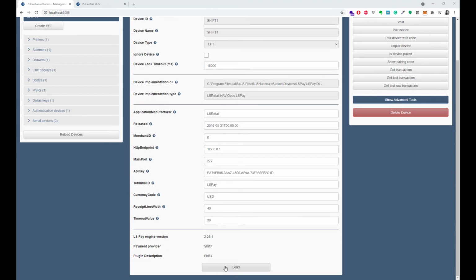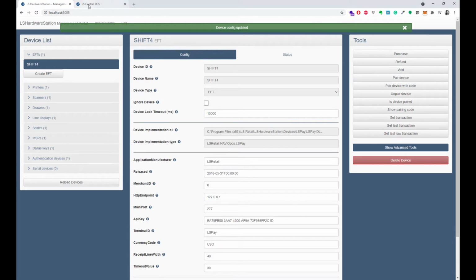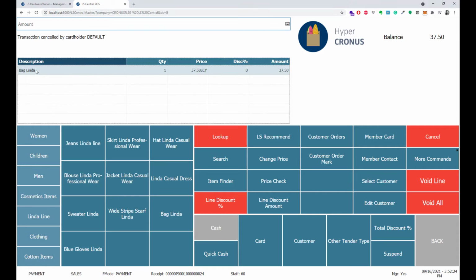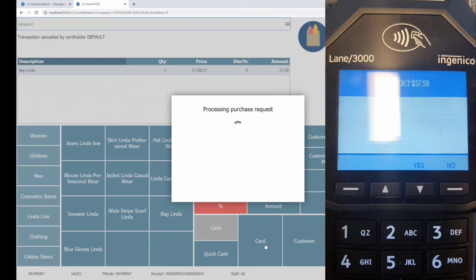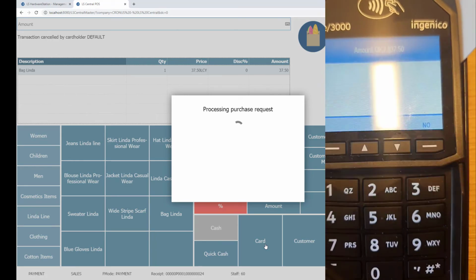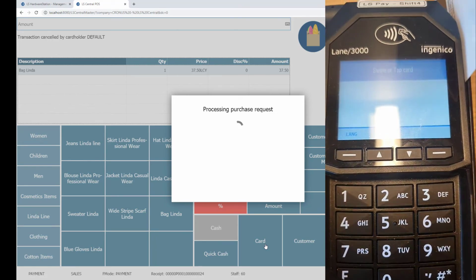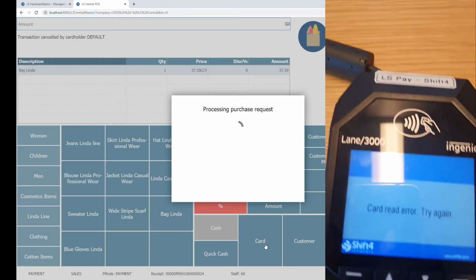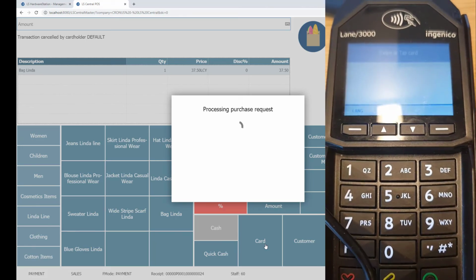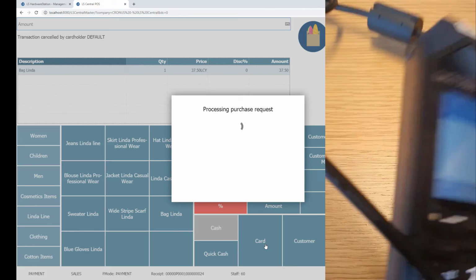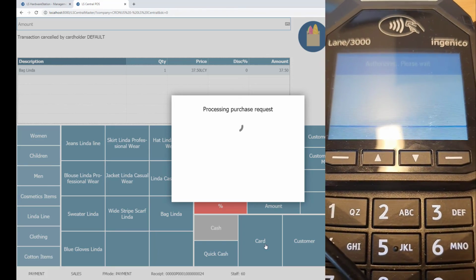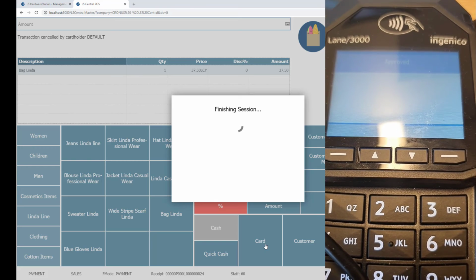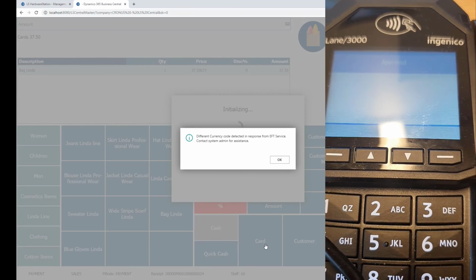Once you have completed the configuration, press Load to load the plugin with the new settings. To test the connection to the terminal, we will make a transaction from Atlas Central POS that uses the hardware station to communicate with the terminal. When the purchase has been completed, you have now confirmed that the connection has been established with the terminal.